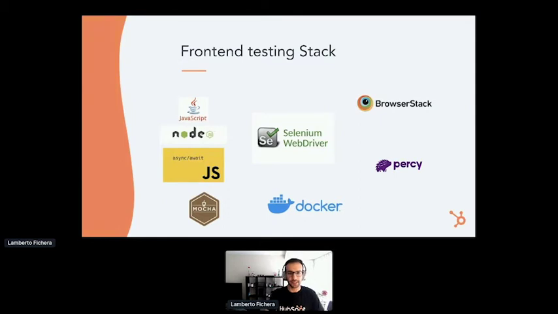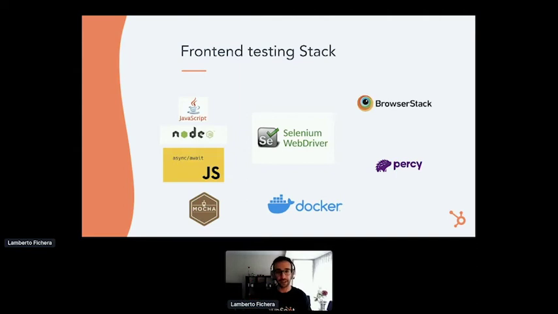Just a little bit on the testing stack that we use. I mentioned Selenium, and particularly we use the Selenium WebDriver framework, and we do use the JavaScript bindings through Node.js. That just seemed the best programming language for us, because we were coming from the front-end development world. Actually, pretty much everyone in the team moved from a product app into the platform team, and we just wanted to continue using that know-how.